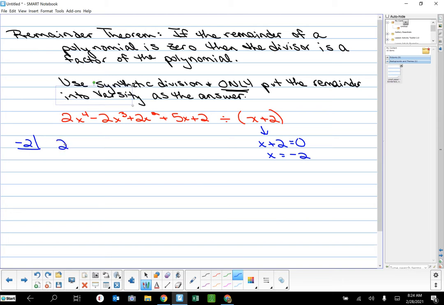Then we're going to drop down our coefficients. And again, make sure you have 4, 3, 2, 1, none, right? So we have every term, so we don't have to put any zeros in there. Leave a blank line, draw a line, drop your first number. Now remember, the idea here is multiply, put the product under there, add down. Multiply, add down. Multiply,